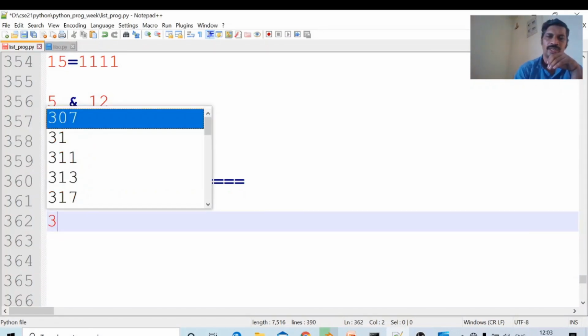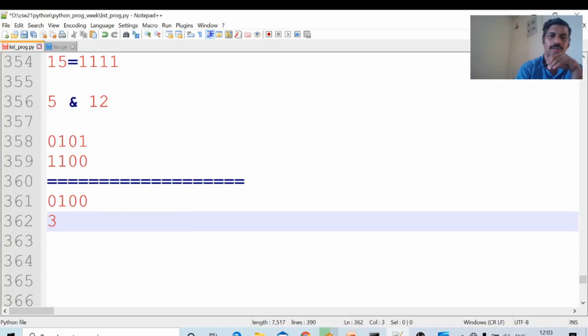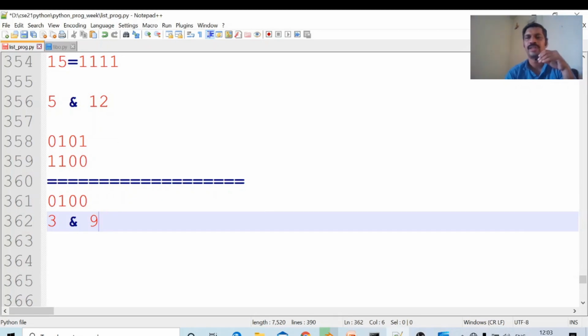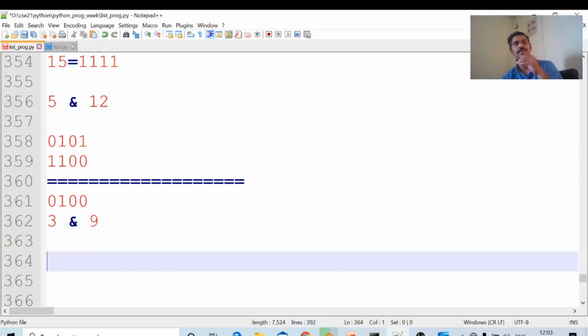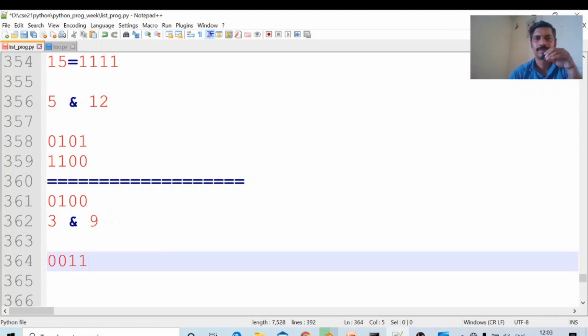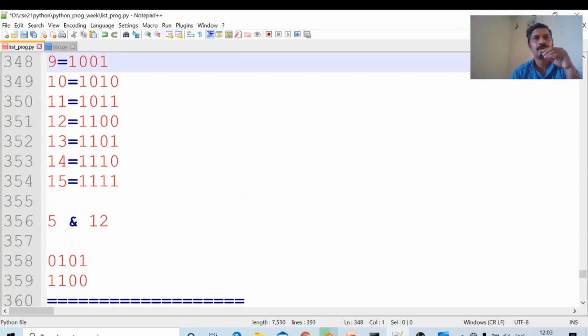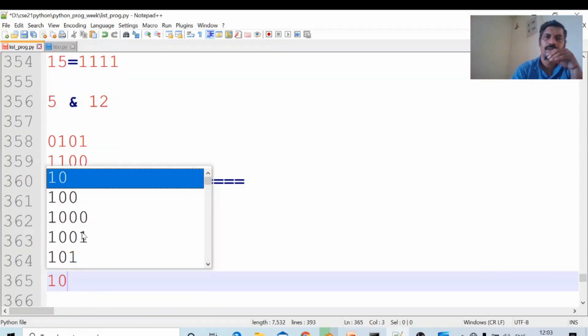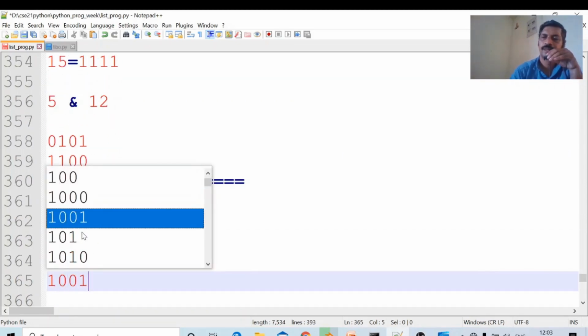3 and 9. I will do 3 and 9. What is the result? We will see. What is the group of 4 bits for 3? 0011 is for 3. What is the group of 4 bits for 9? 1001.